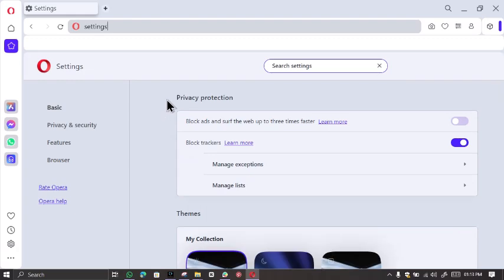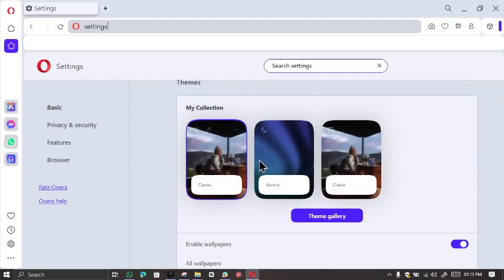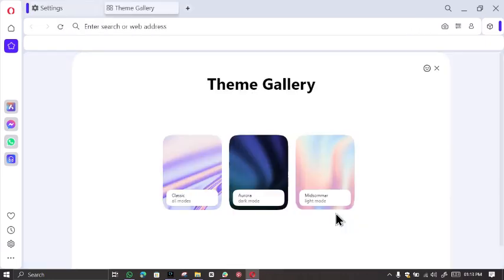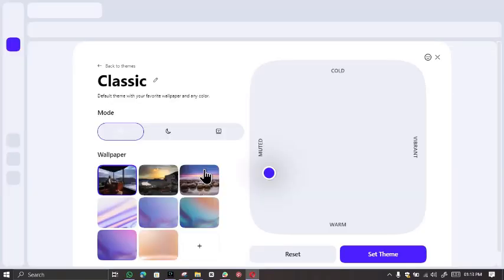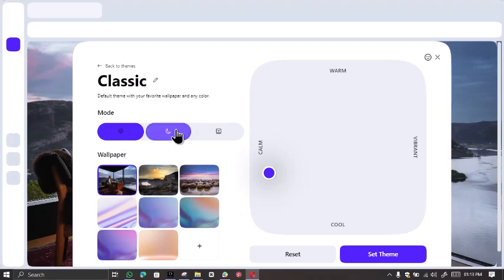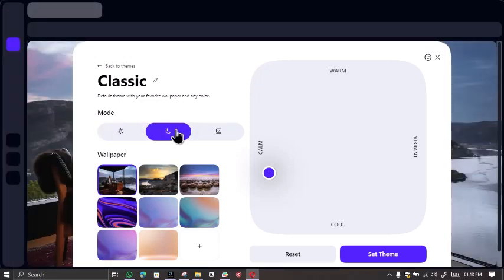Then next thing you do, click on settings and then scroll down to themes, and you can see I'm using light theme, so I want to use dark theme, so click on theme gallery and you can see dark mode. So if you also use classic, you can also change to dark mode by clicking here like this, or you can choose between calm,